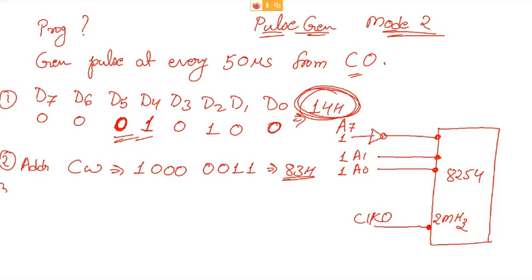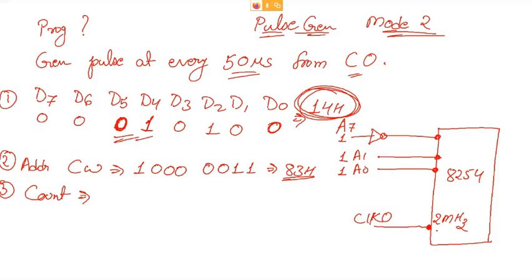Second step, third step, we should know the count value. How can we get to the count value? In the previous example, we did something to get the count. How can we get to the count value? What is the count value? What steps should you take to get to the count value?